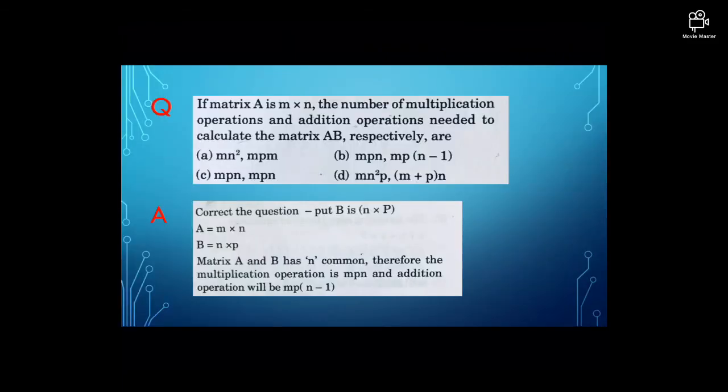So these are the important questions which I wanted to discuss with you. I think we have covered most of the questions from the previous question papers for matrices. The next one we'll be discussing is the questions from properties of determinants. I'm discussing it section by section so that we can focus on the topics more and revise easily.